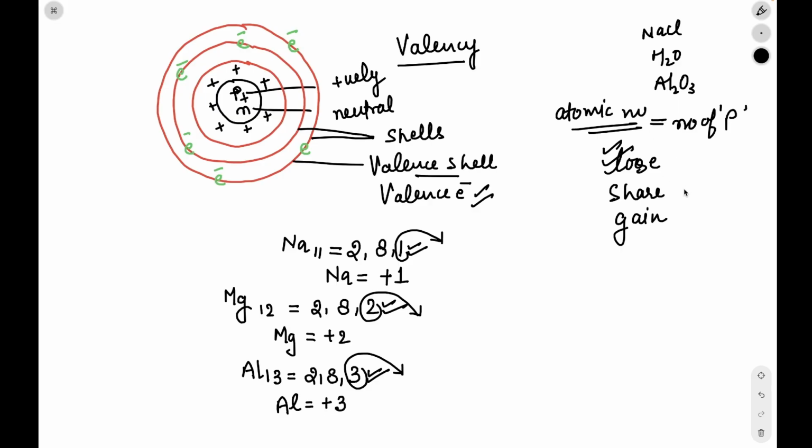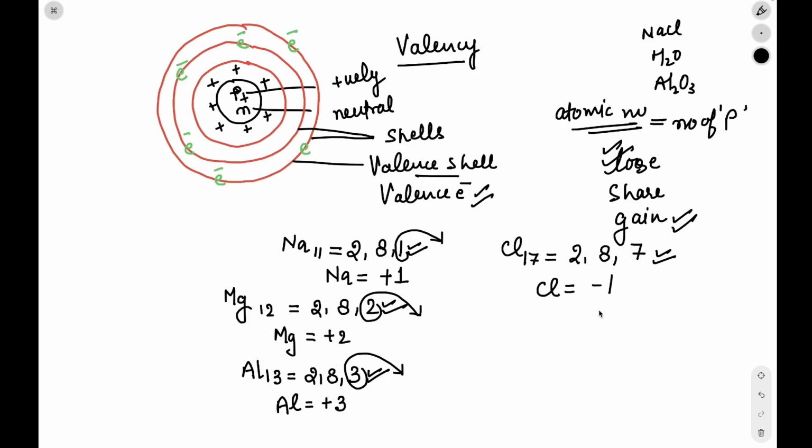If an atom tends to gain electrons to get stability, then its valency is equal to 8 minus the electrons in the valence shell. Like in the case of chlorine. Chlorine has atomic number 17. Its electronic configuration will be 2, 8, 7. So there are 7 electrons in the valence shell. To get stability, it tends to gain 1 electron in its outermost shell. So its valency will be